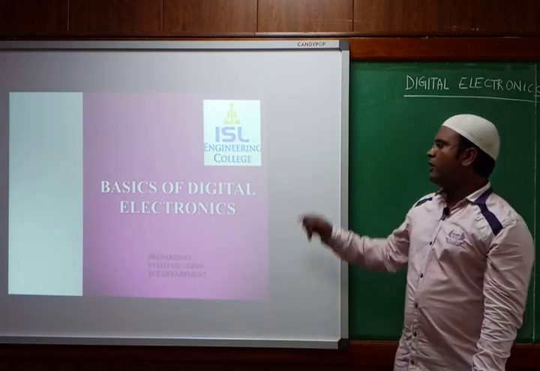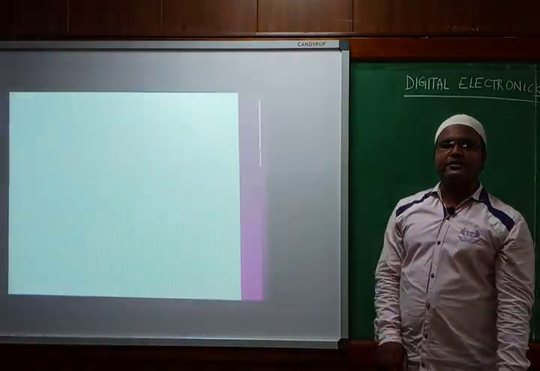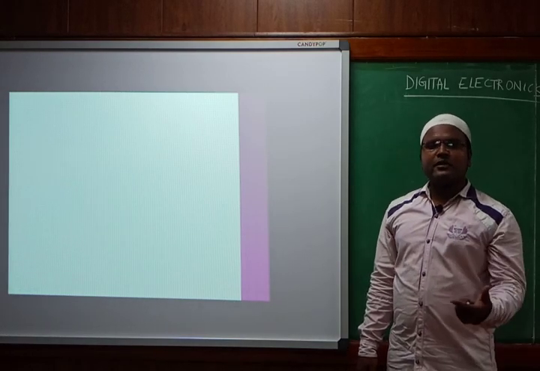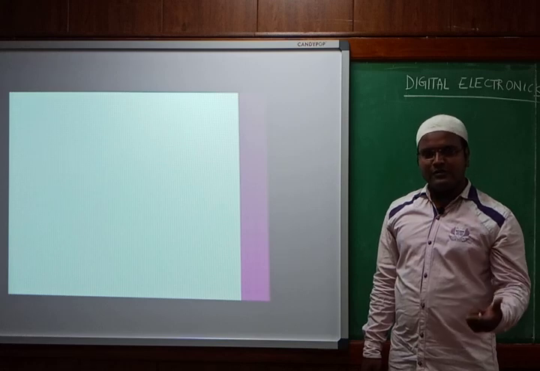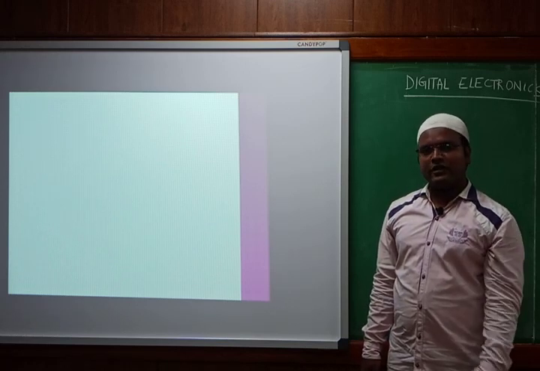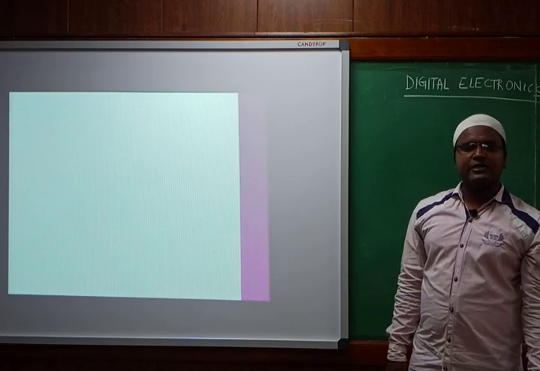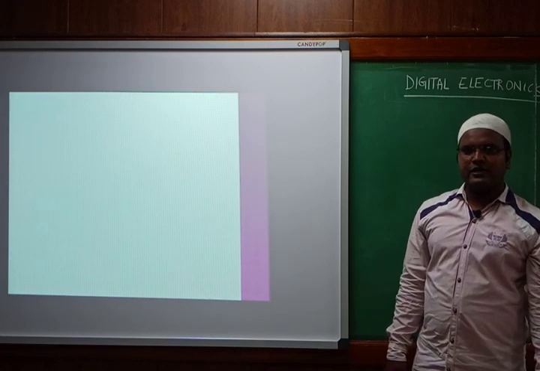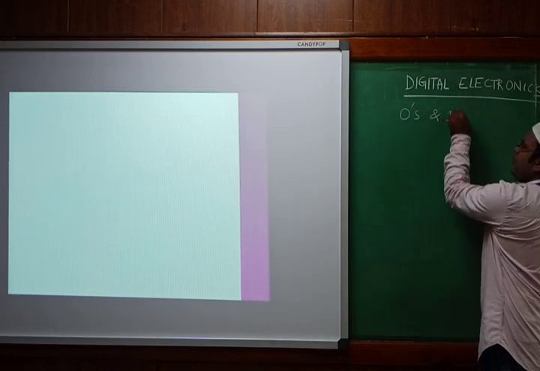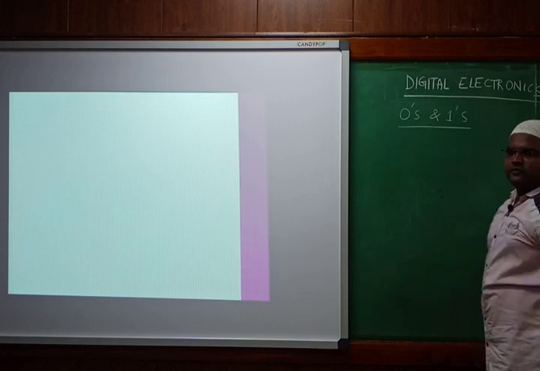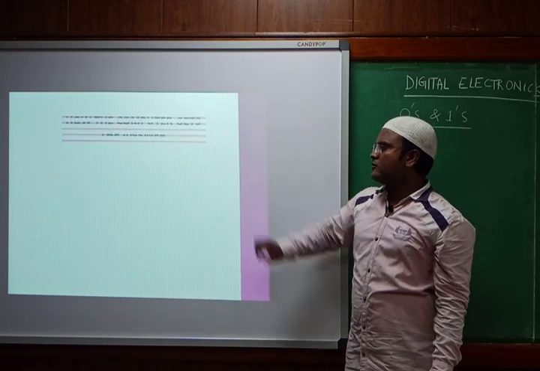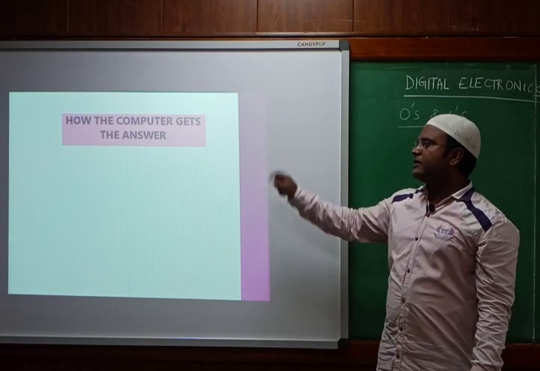The first thing is: what is a computer, how can the computer take the information, and what can the computer understand? It can understand numbers, or alphanumeric values, or the information the way we are giving it. We know that a computer can't understand information as we give it. It will convert those numbers into zeros and ones. So it will take zeros and ones and try to convert them.